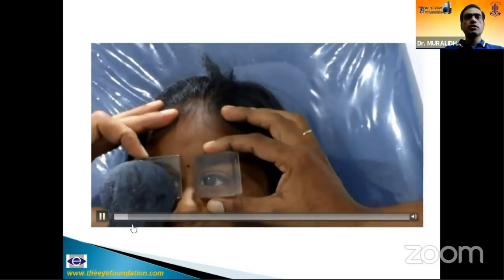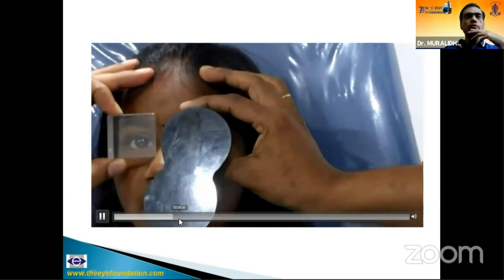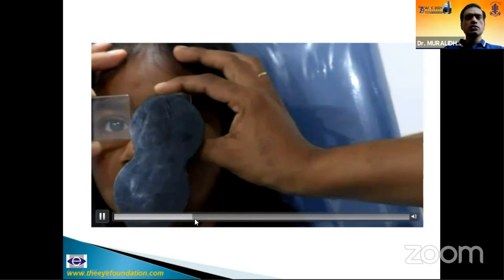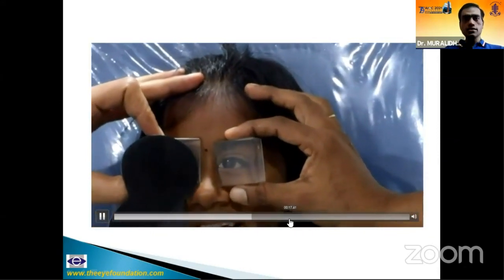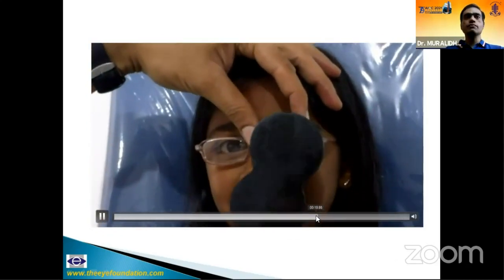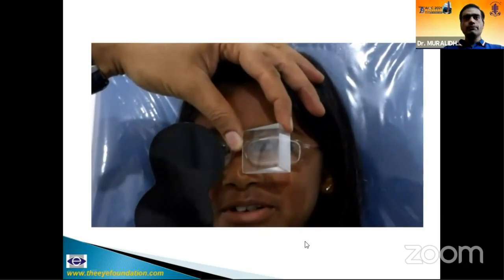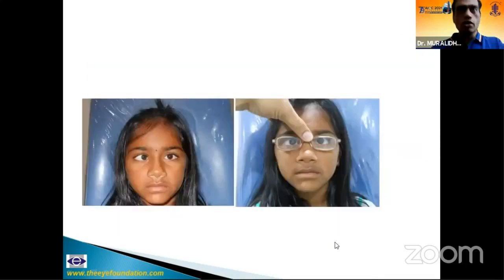Now watch this patient. This patient requires 2 prisms. The strabismus is above 45 diopters. To be precise, it was close to 60 prism diopters. We give the patient the glasses, the maximum tolerated plus that was compatible with 6/9 vision. Once you give the patient the glasses, the esotropia comes down. So this is a partially accommodative esotropia. You can see the difference here. And in partially accommodative esotropia, you should correct only that part of strabismus which is not corrected with glasses. That is the static part of the strabismus.